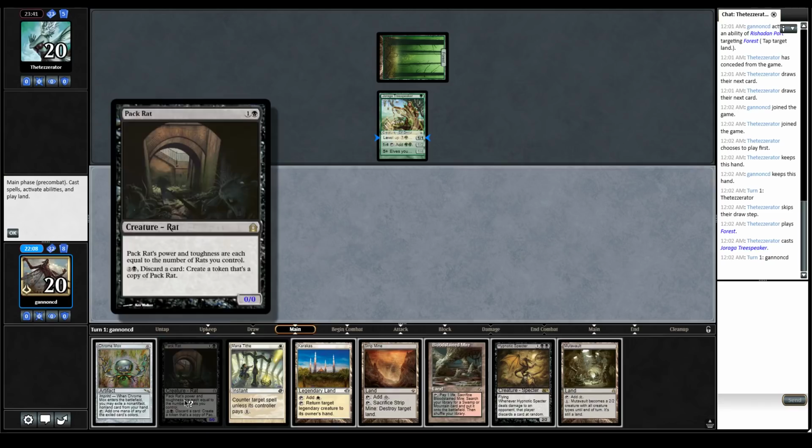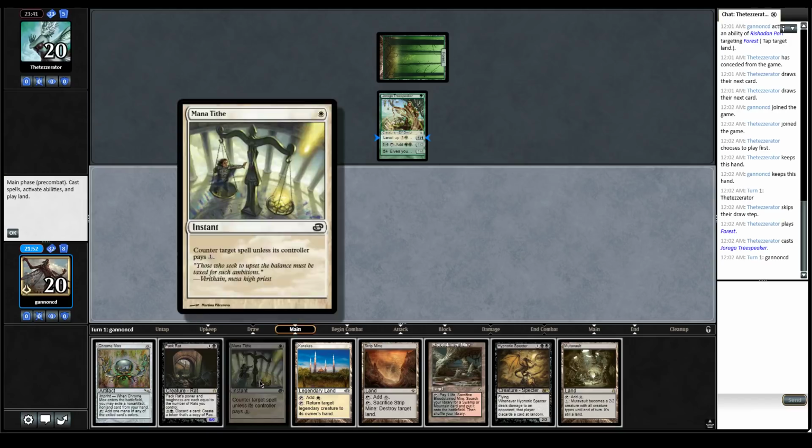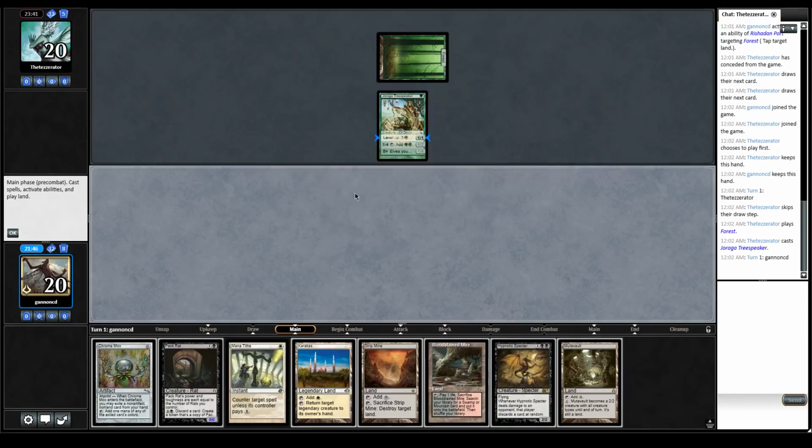Alternatively, we can just set up Pack Rat. So, we're all inning on one of two options. Either we strip mine your thing, and then we have to pass. We can't even hold up Mana Tithe. If they don't have another green source, they cannot level this up. And then we can set up for...